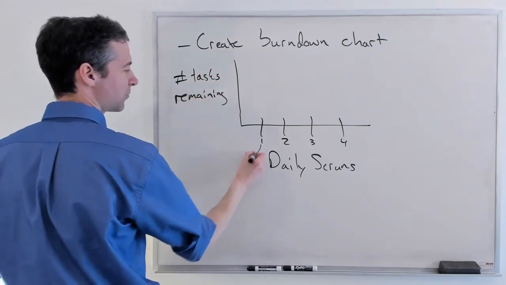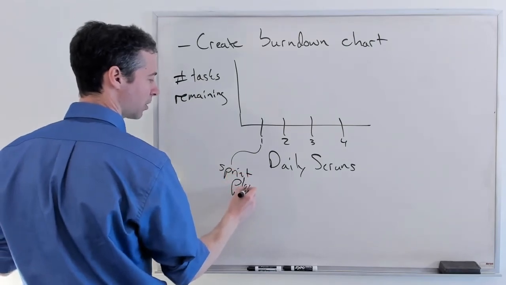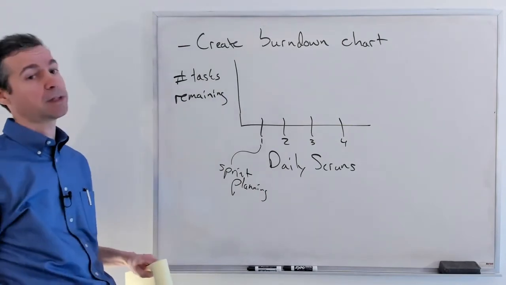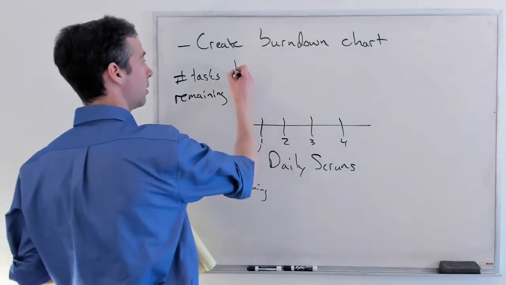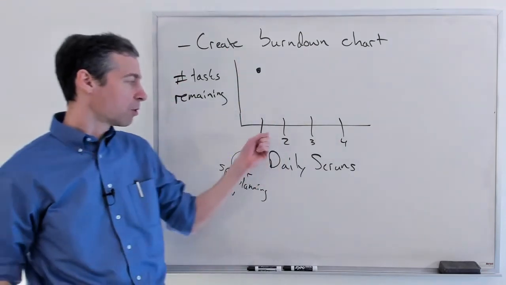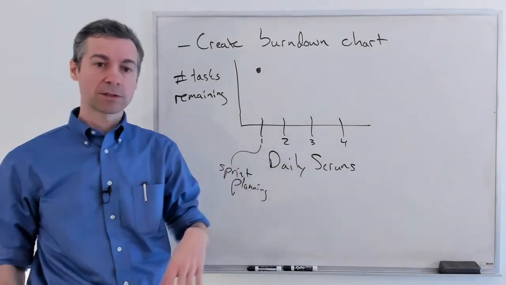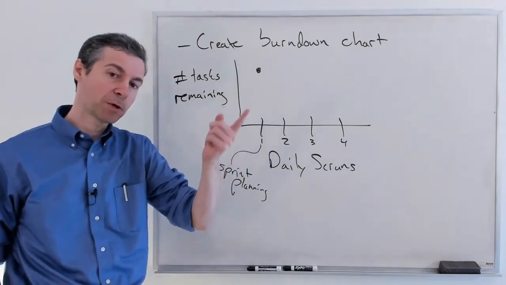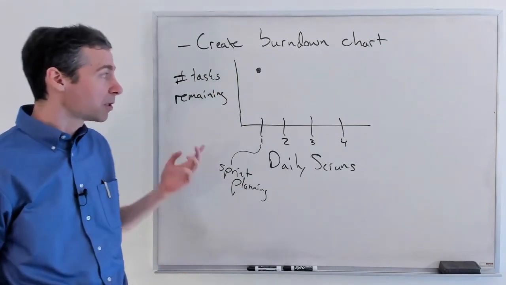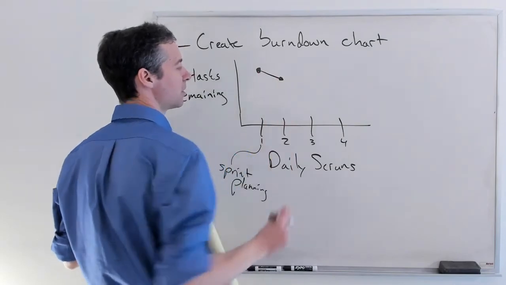So this first one is at sprint planning. So we do our sprint planning. We've come up with all those tasks. Count how many tasks you came up with and draw a dot. People go off to work. They come back. Some tasks are done. Oh, we might have come up with some new tasks actually because we realized there was work that we haven't figured out. But either way, thankfully, we did have a decrease.